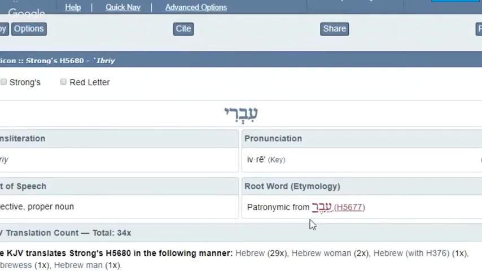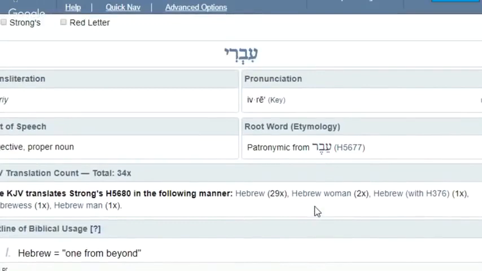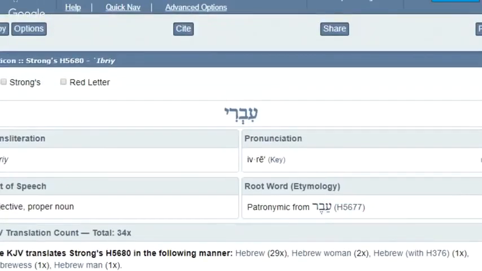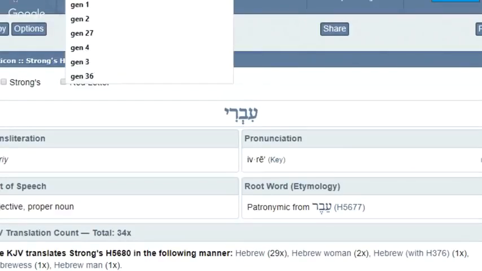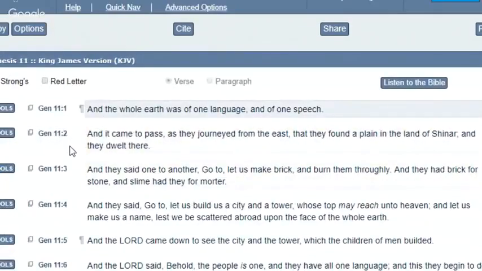That's Hebrew, which comes from the Hebrew word Ibar. Okay, this is where you get the name Eber from. All right, and the reason why Eber was named that was because he was the patriarch whom the language was kept through. Because when you go back to the beginning, Genesis, the 11th chapter, and I'll start at the first